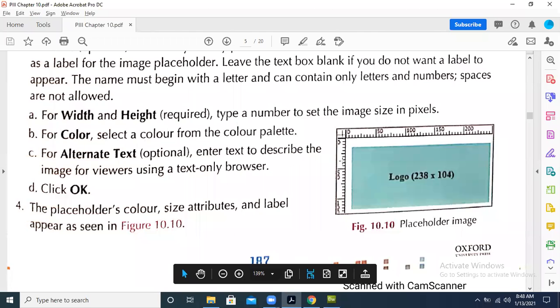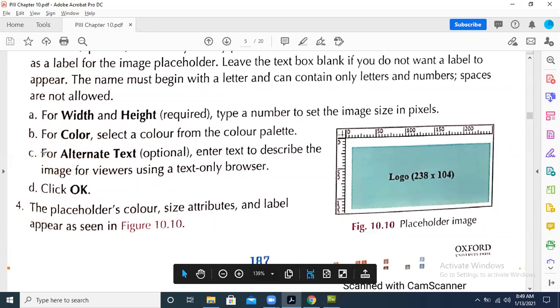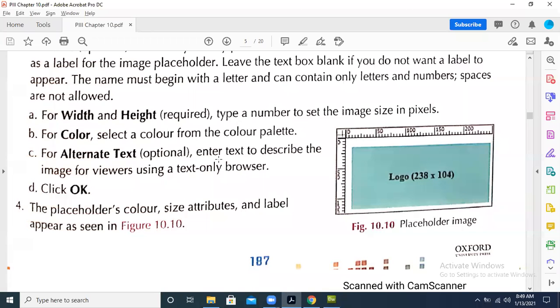Or color, select a color, as I have told that until the image is displayed, that particular color will be displayed. We can even change the color afterwards. For alternate text, it is optional. I also left this. Enter text to describe the image for viewers using a text only browser.